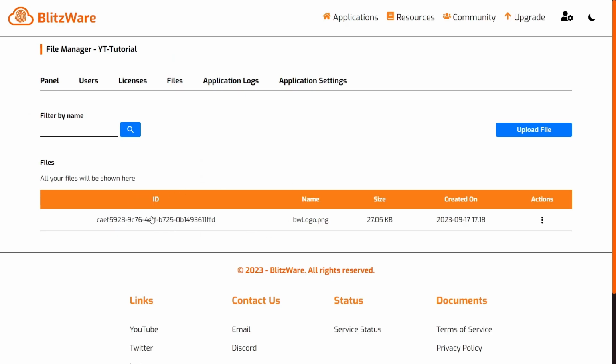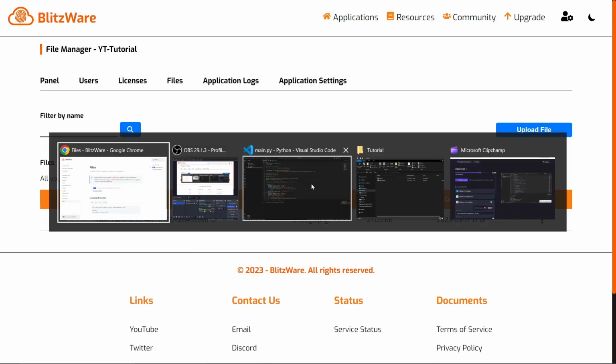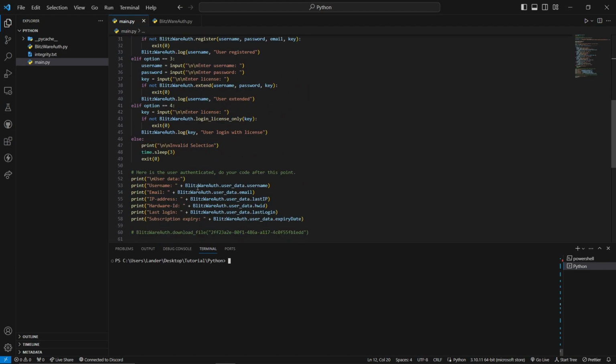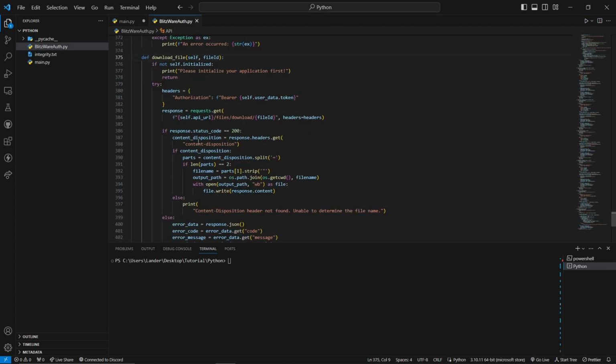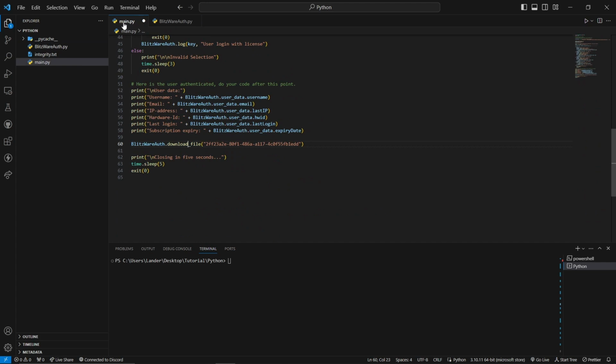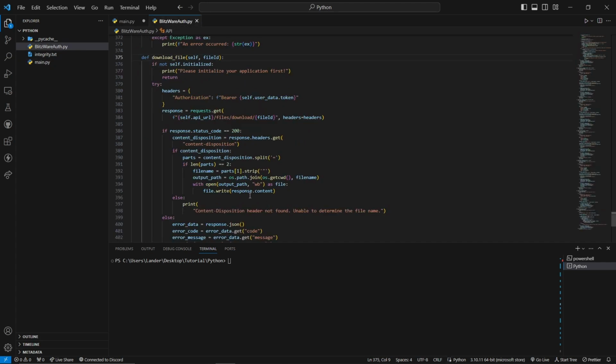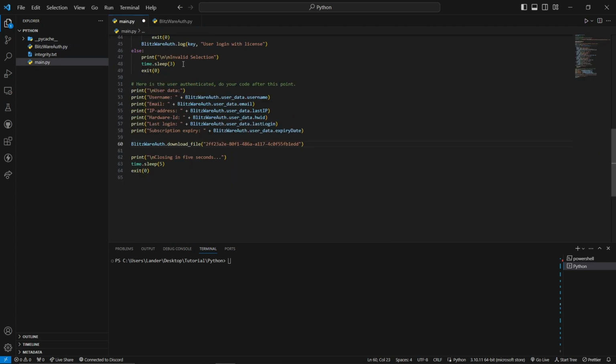Okay, let's go back. Let's copy this ID by clicking on it, and let's dive into the code. So I have something in comment here. After we authenticated, we call the function download file from here, and as you can see, you can read it. We send a GET request to this, and then we download the file in the current directory where it is. Adjust this as you want, but that's how I have implemented it to demonstrate. So you need to include the file ID. We just copied it, so we paste it,